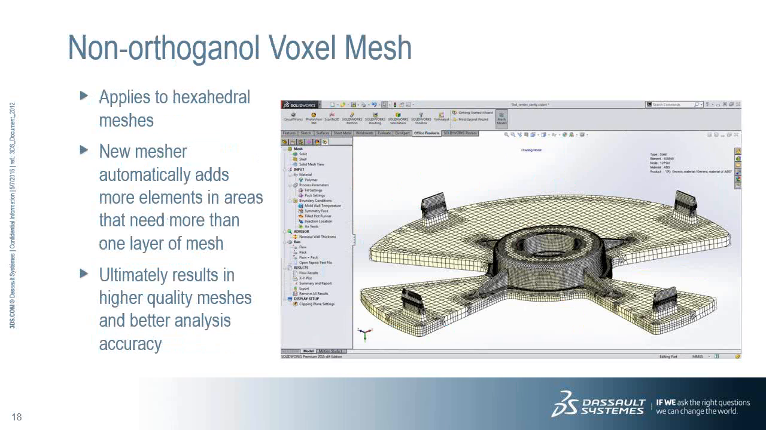Non-orthogonal voxel mesh applies to hexahedral meshes. A new mesh algorithm, non-orthogonal voxel, has been added in 2015, because the new mesher automatically adds more elements in the areas that need more than one layer of mesh. And also, this allows the user to generate high quality meshes and better analysis accuracy, resulting in more accurate results. Because in the simulation in the CAE, it's always